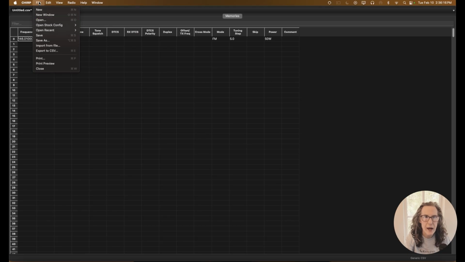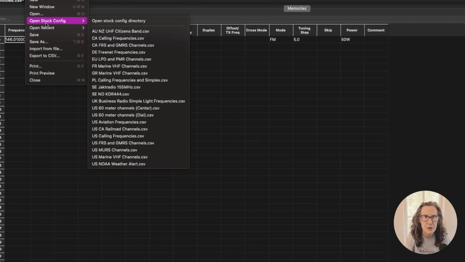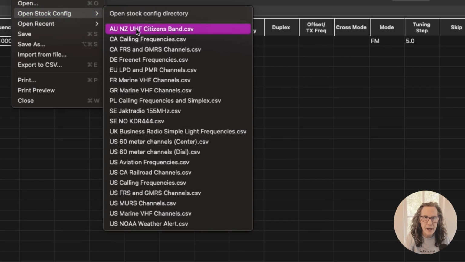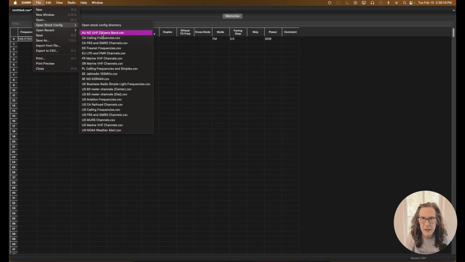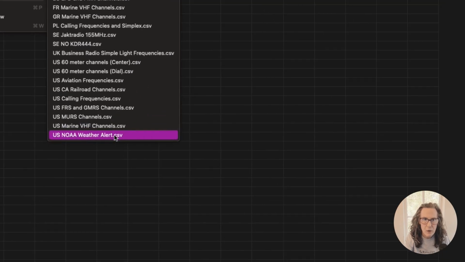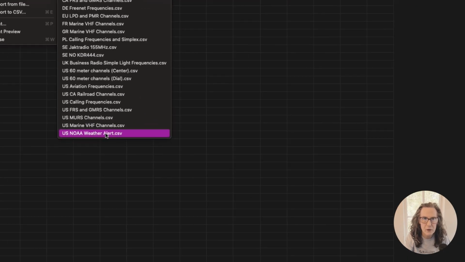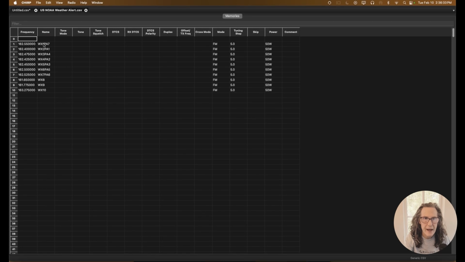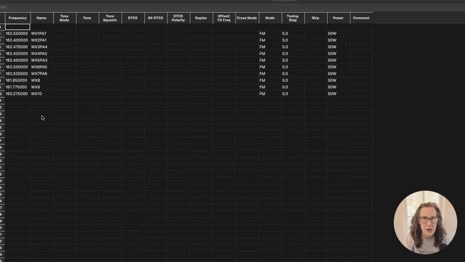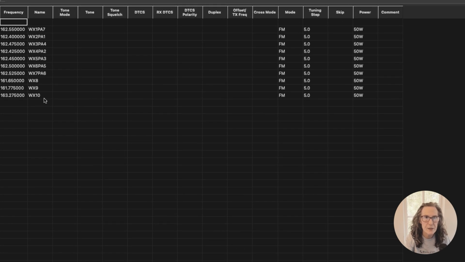If we go to the File menu and drop on down to the stock configurations, we've got all of these different options. Personally, whether I've got a GMRS radio or a ham radio, I'm always going to go for the US NOAA weather alert. And here we go. We click on that and look, it's already generated for us all of the different US